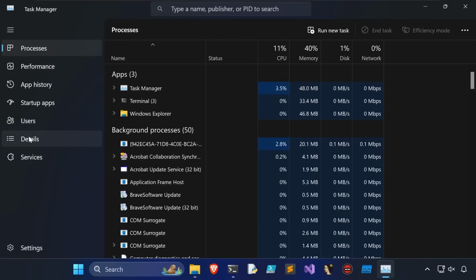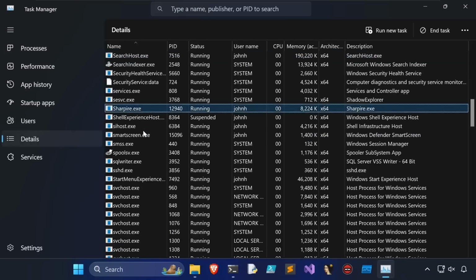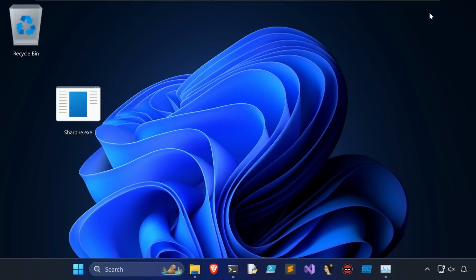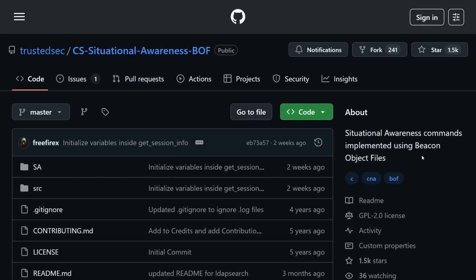So if I go look at the details here, let me go find our sharpire.exe. What's that process ID? 12940. That's easily extensible custom code that we can run at any point, all within the implant itself. Kind of cool. While this was just a simple example of developing a BOF, loading it into Empire, and then